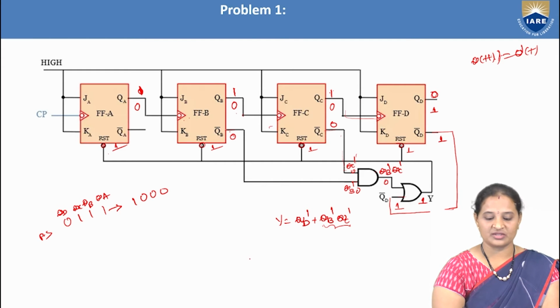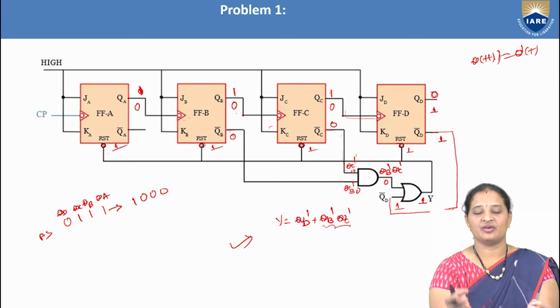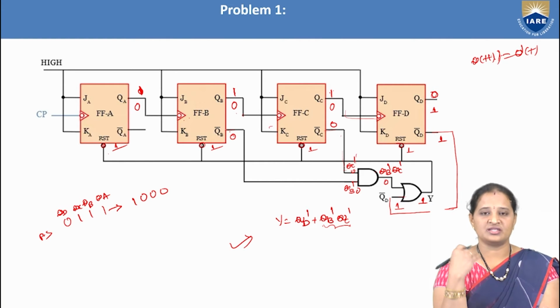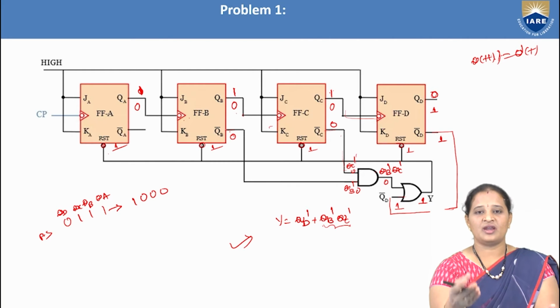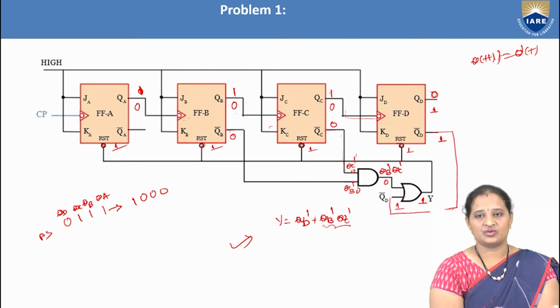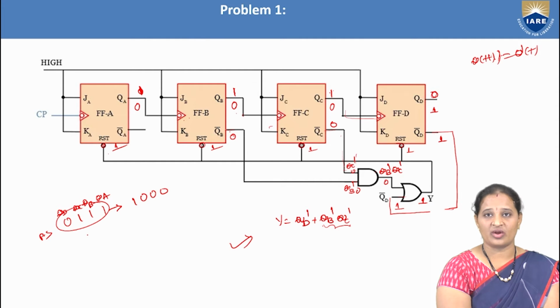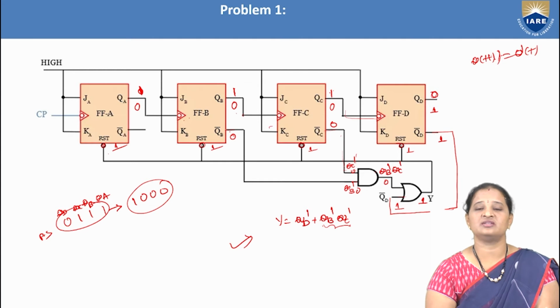So that means the circuit we have designed is correct. This is a cross verification of whether the circuit we have designed is correct or not. Consider any one of the states and check whether during the next clock pulse we get the defined next state. As I considered the present state 0, 1, 1, I have got the next state 1, 0, 0. So the circuit that I have designed is correct.